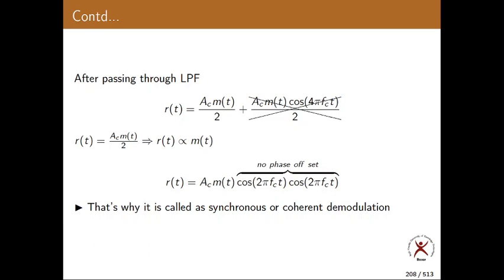Your friend's mobile is the receiver, because it is demodulating the modulated signal. Now, this cos 2 pi fct is a carrier generated in your mobile, because that's the modulator. And this cos 2 pi fct is a carrier generated in your friend's mobile,